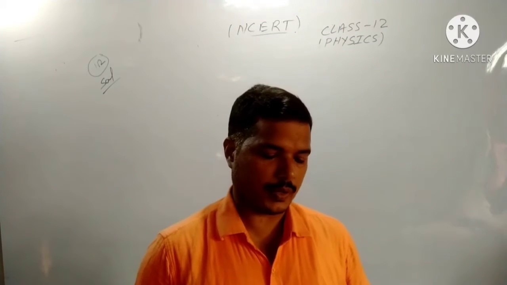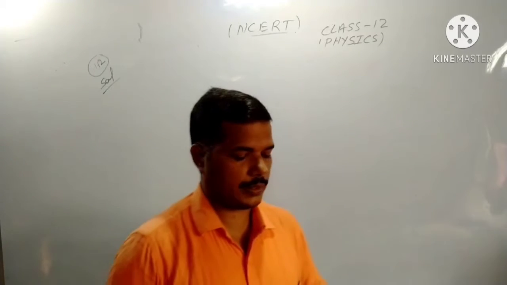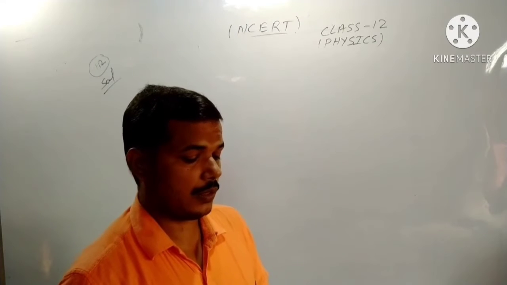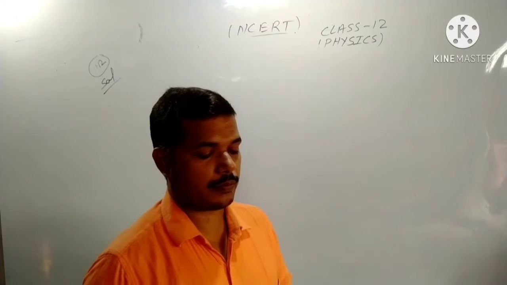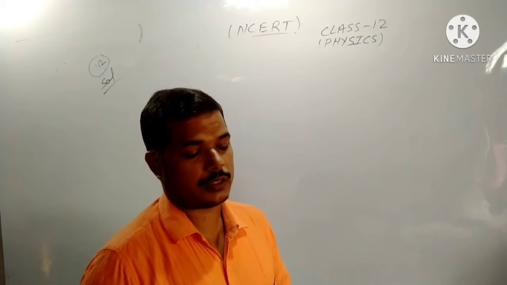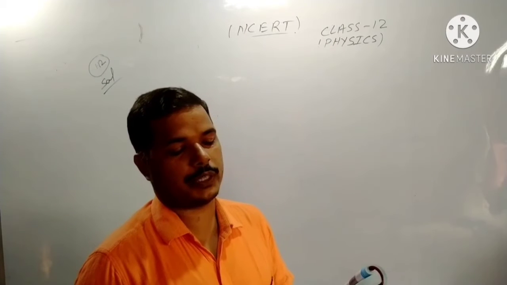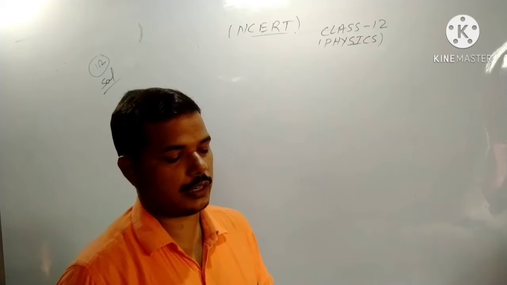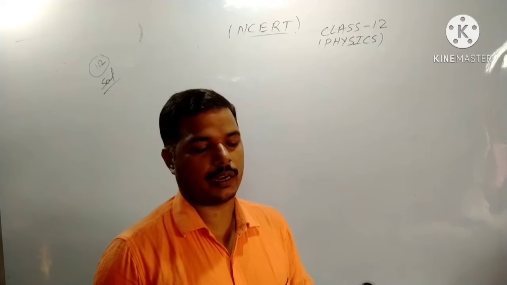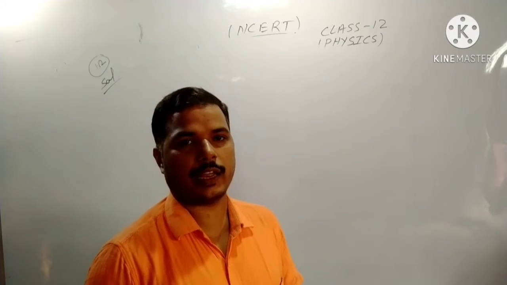डियर स्टूडेंट्स, प्रीवियस क्लास में हम लोग 1.12 तक क्वेश्चन सॉल्व कर चुके थे। 1.13 देखिए, क्वेश्चन है: Suppose the spheres A and B in exercise 1.12 have identical sizes. A third sphere of the same size but uncharged is brought in contact with the first, then brought in contact with the second, and finally removed from both. What is the new force of repulsion between A and B?